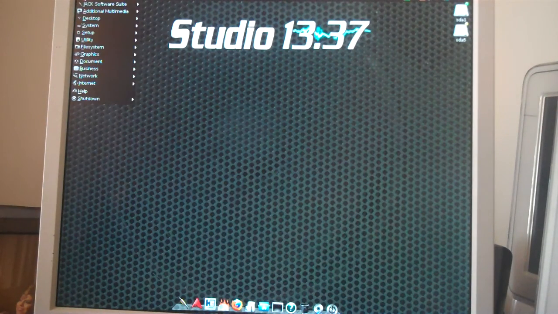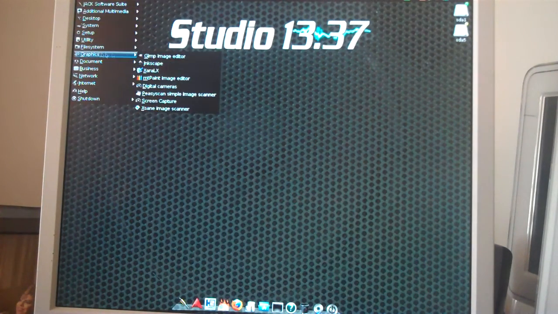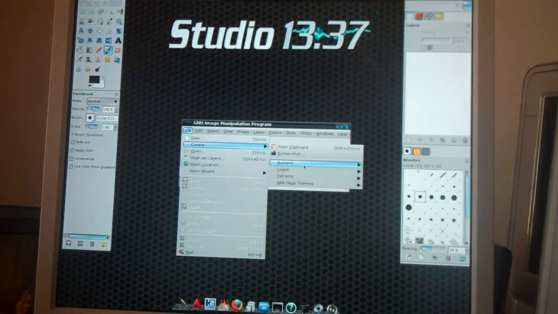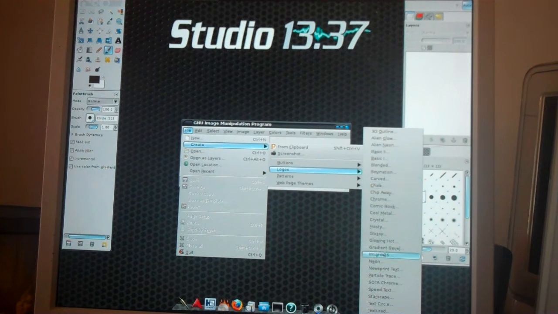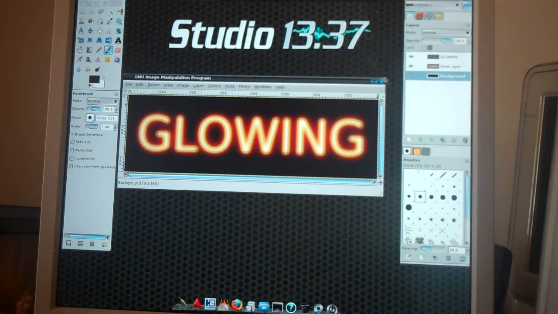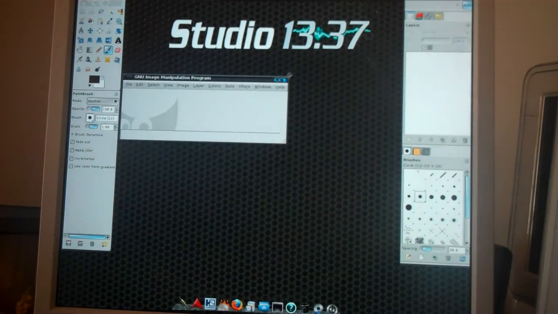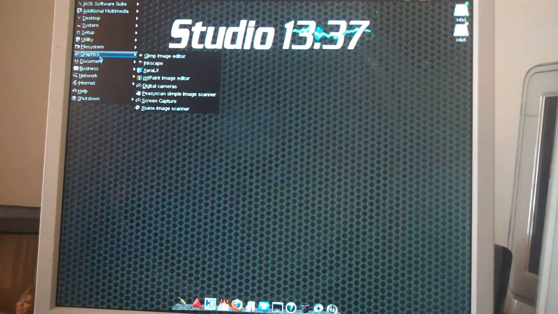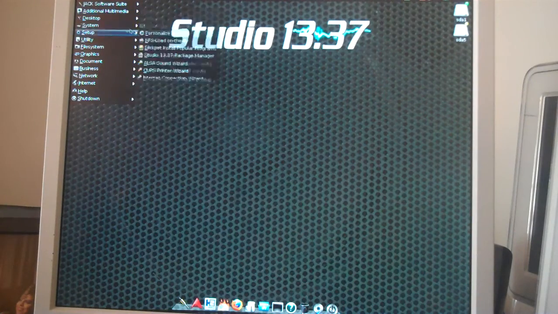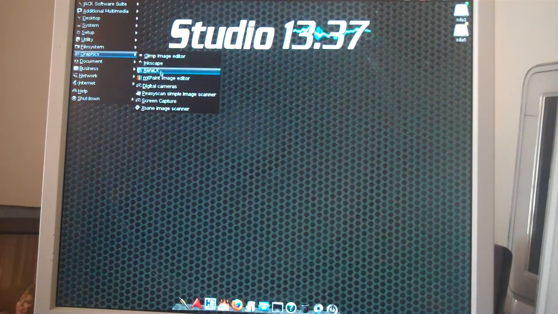So what you have here is basically a bunch of apps. I'll go through the non-music ones first. Graphics. You got GIMP, which is basically like Photoshop. You can create a logo. Yeah, glowing. Yeah, you can make it transparent. Yeah, it's GIMP. It's awesome. Let's see. Oh, where am I? Okay, graphics. I was talking about GIMP. Yeah, there's a bunch of stuff. Screen capture, a bunch of different stuff,